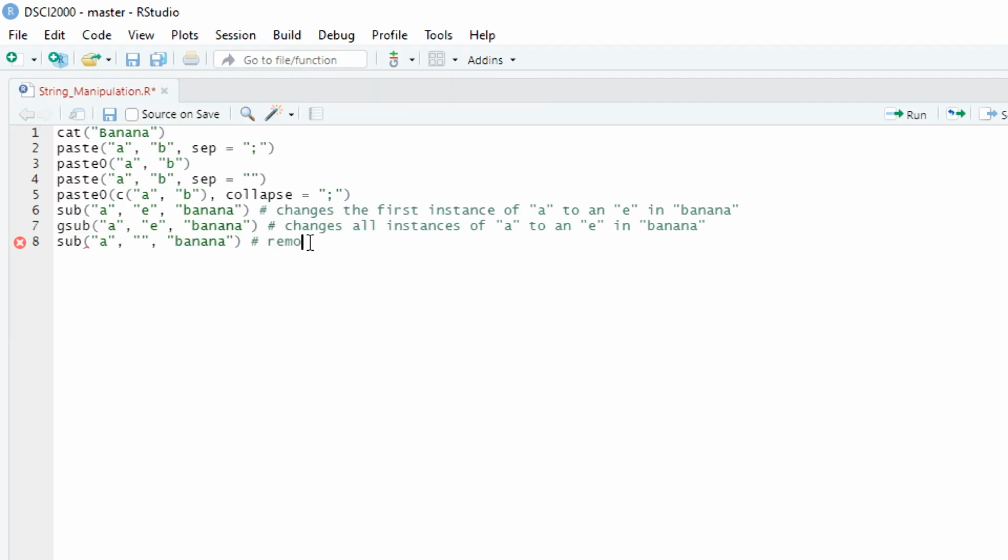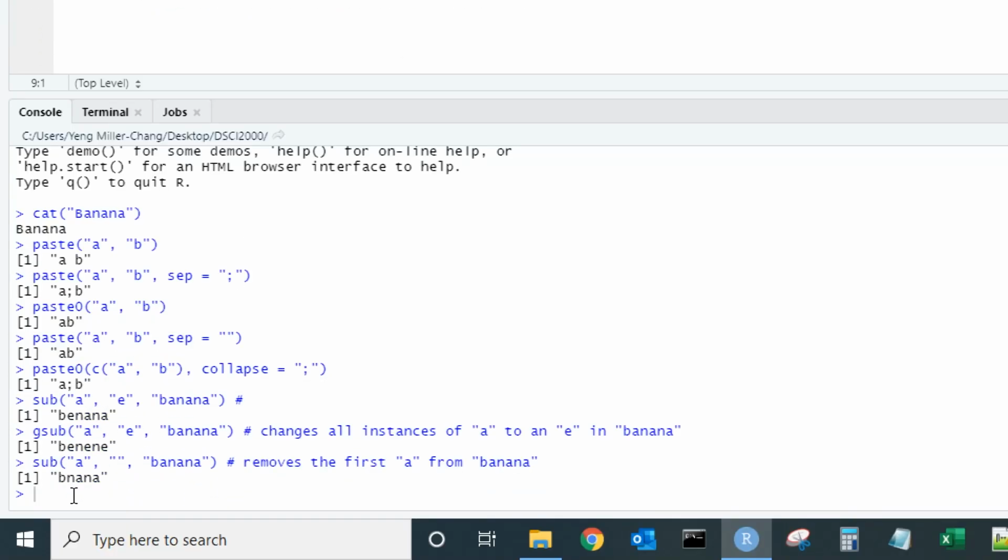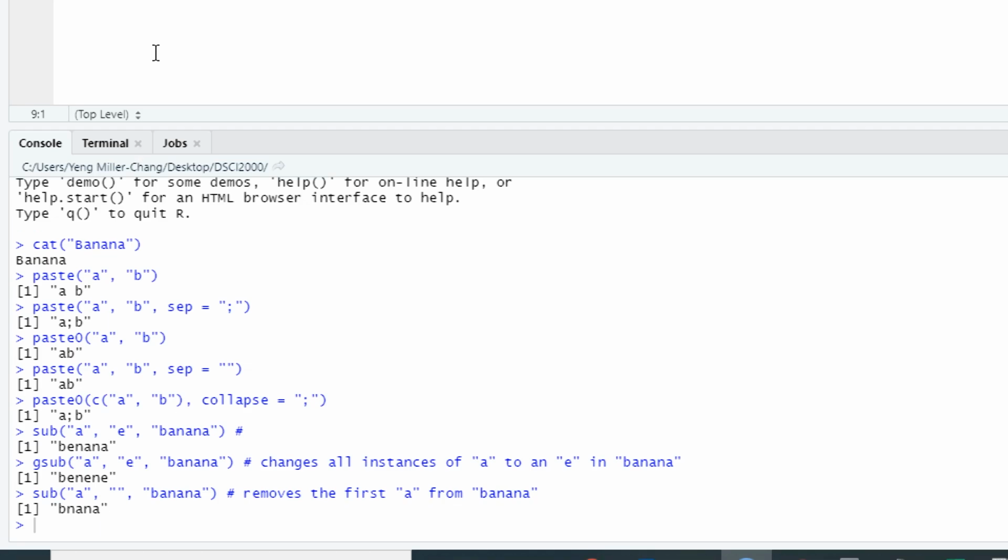So this removes the first A from banana. Because remember, sub only deals with the first occurrence. Press Ctrl Enter and scroll down. I can see here that the first instance of an A in banana has now been removed. Scrolling back up,